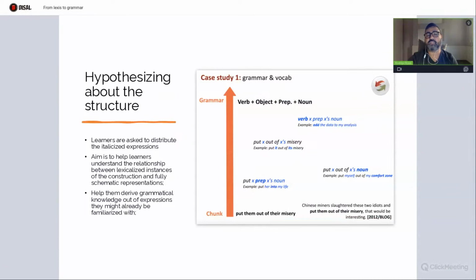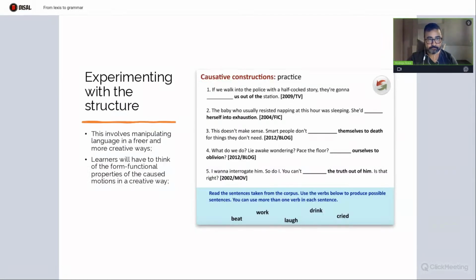So put them out of their misery. So what I wanted them to do was to abstract away and verify how we can go from a very concrete lexical item, such as put them out of their misery, to something as schematic as verb, object, preposition, and noun. In the last part, which is called experimenting with the structure, so what I did was I removed